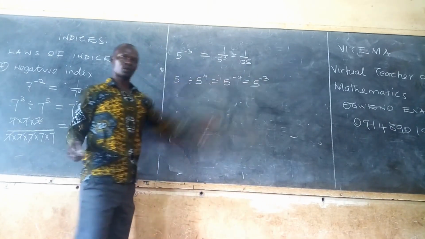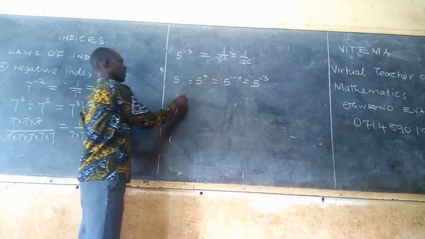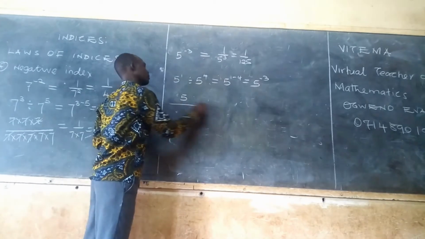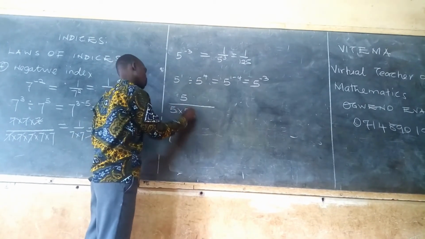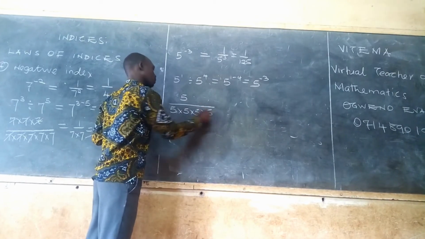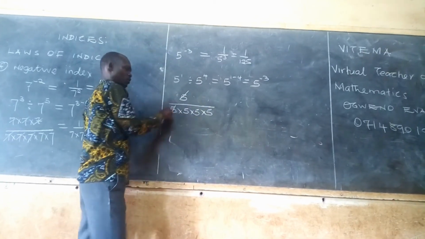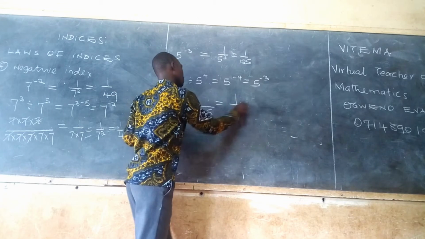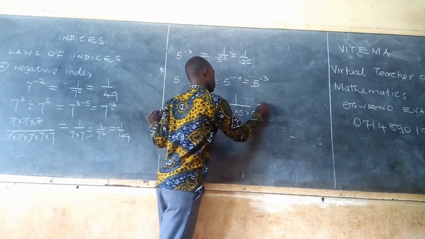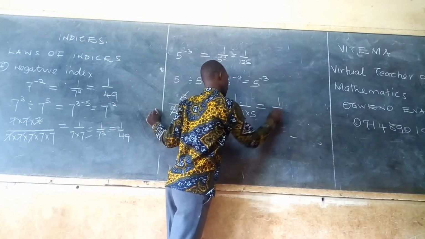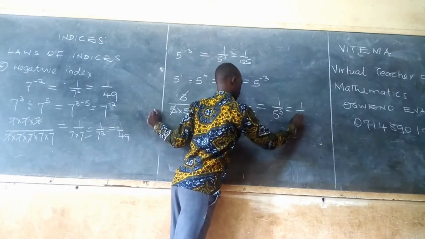So let's come to that. The first one is just one 5 above. The second one is 4 of them. 1, 2, 3, 4. So the first will cancel 1. You will remain with 1 over 5 by 5 by 5, which gives us 1 over 5 cubed,